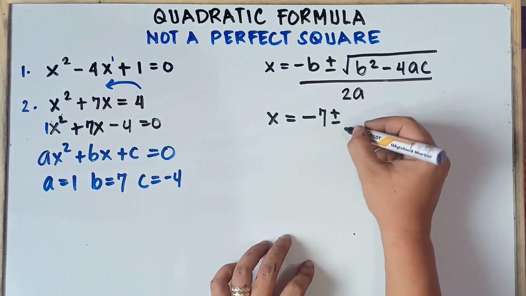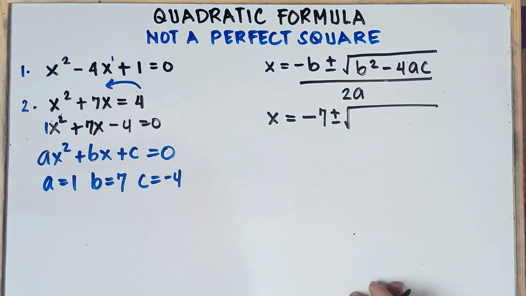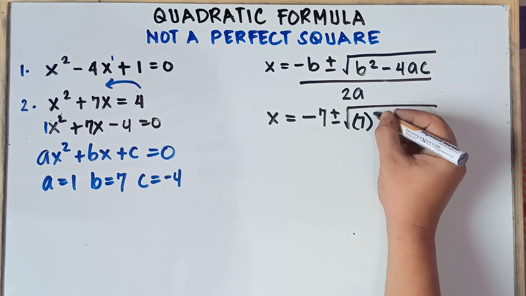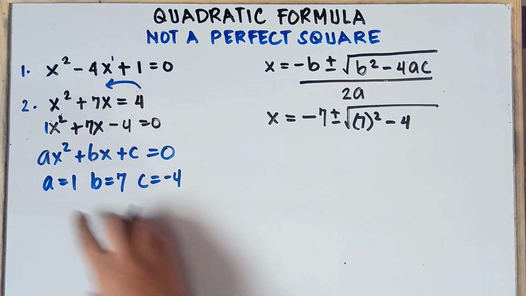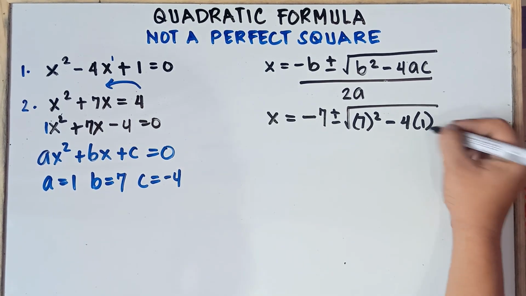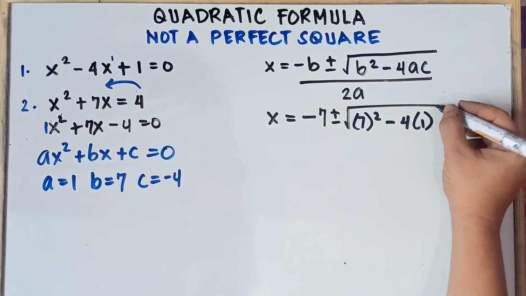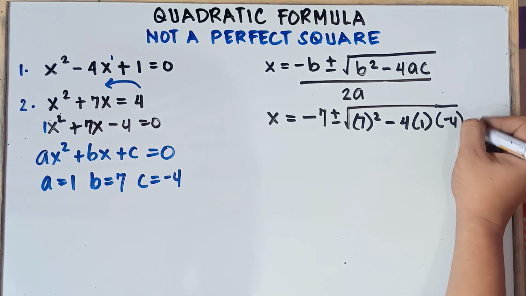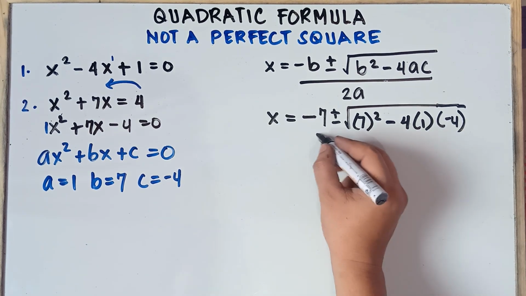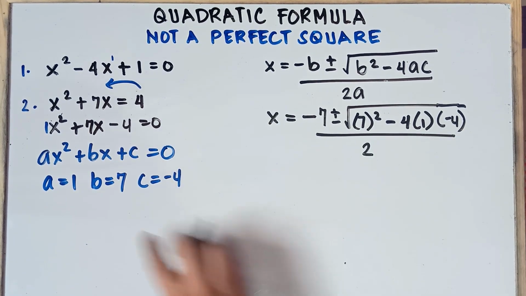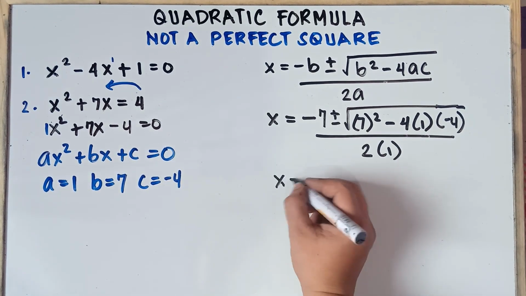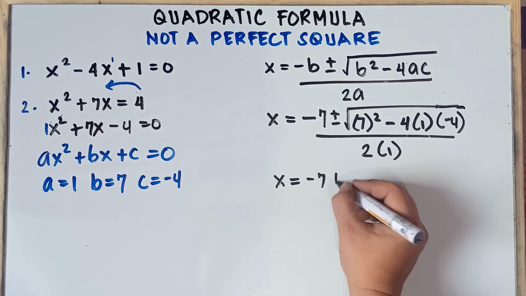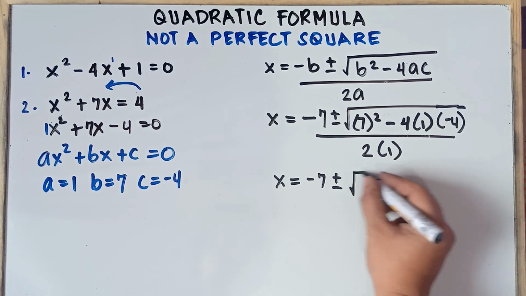Then plus or minus the square root of, once again class, our b is 7, so 7, then quantity squared, minus 4, and our a is 1, so 4 times 1, then our c is negative 4, times negative 4. Alright, and then all over 2, and our a is 1, 2 times 1. So this is x equals, copy, negative 7 plus or minus the square root of, now what is